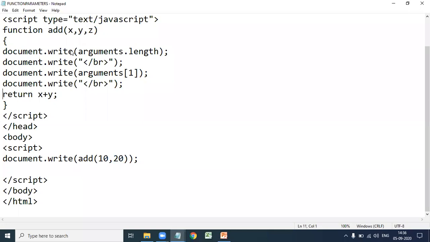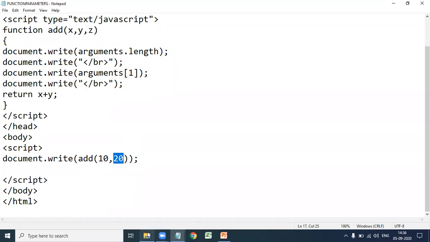So the output is 2 actual parameters, 2, then 20, then 30. So the output is 2, 20, 30.